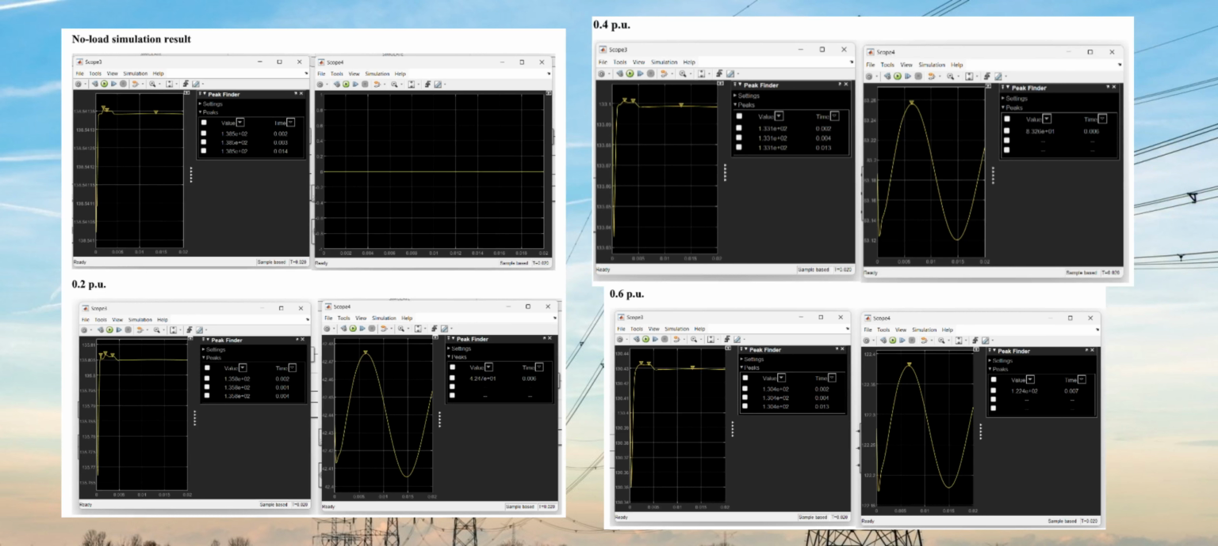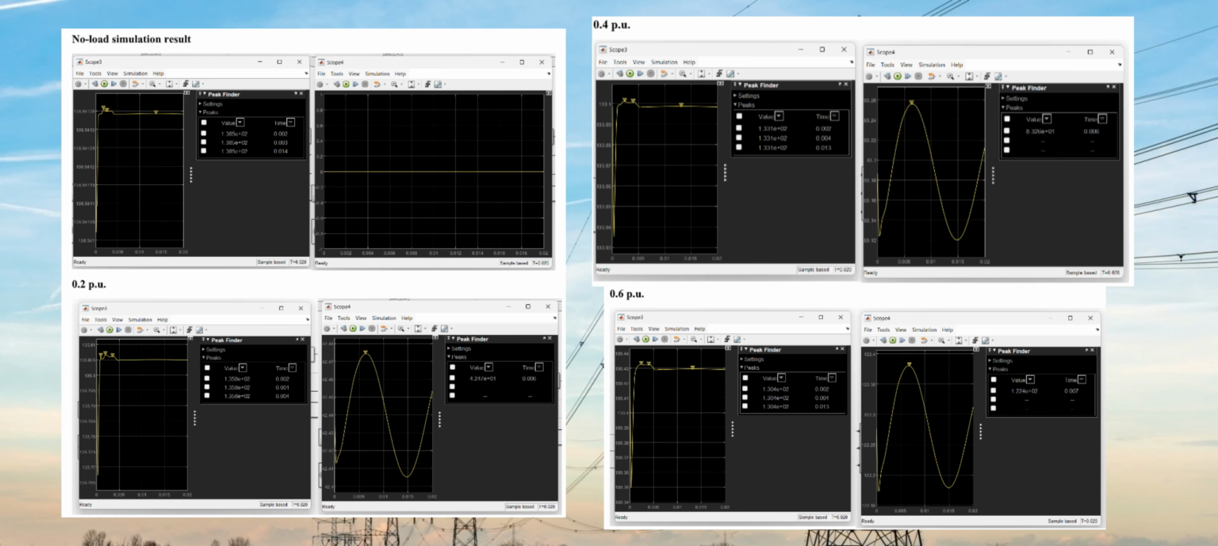After building the model, we ran the simulation and observed the output voltage and waveform of the transformer bank. We then repeated the simulation by varying the load from 0.2 per unit up to 1 per unit. This allows us to compare the transformer's performance under different loading conditions and observe how the output voltage changed as